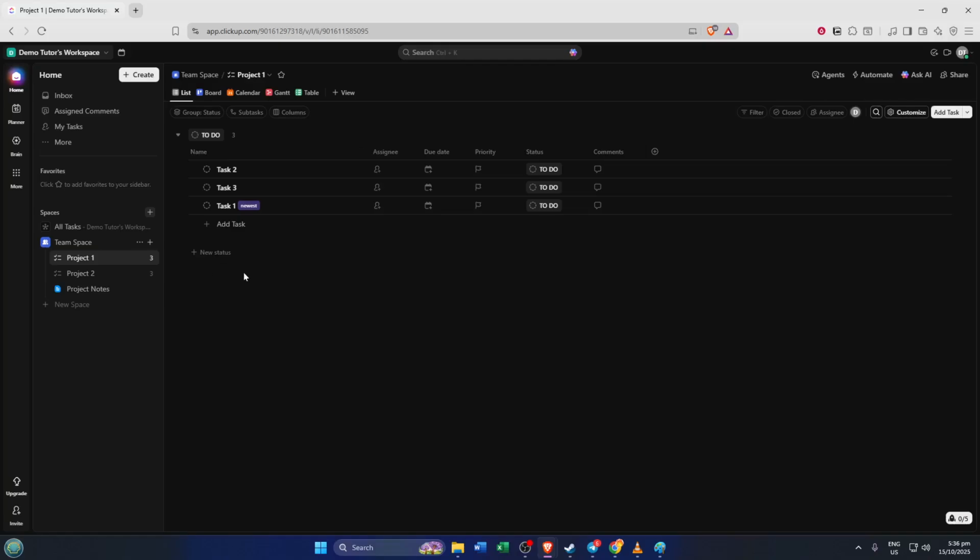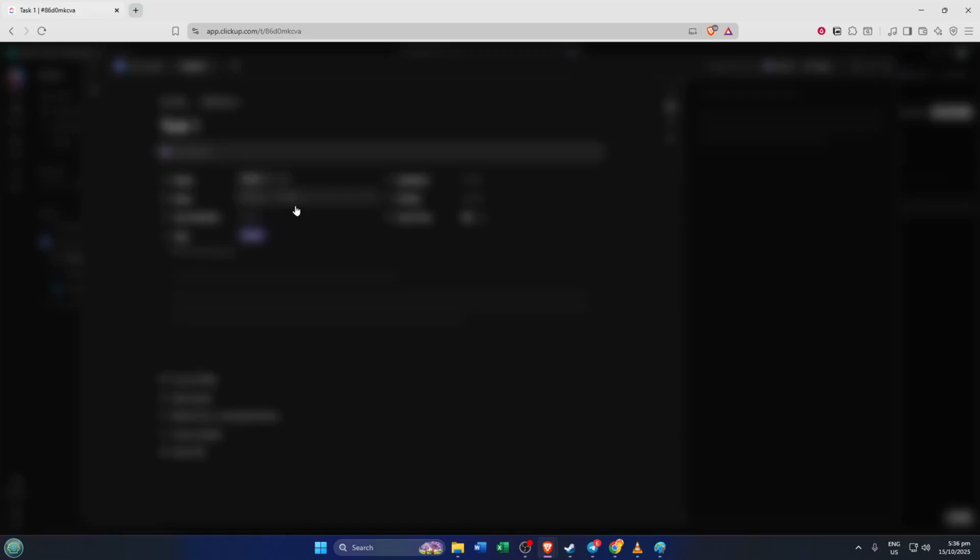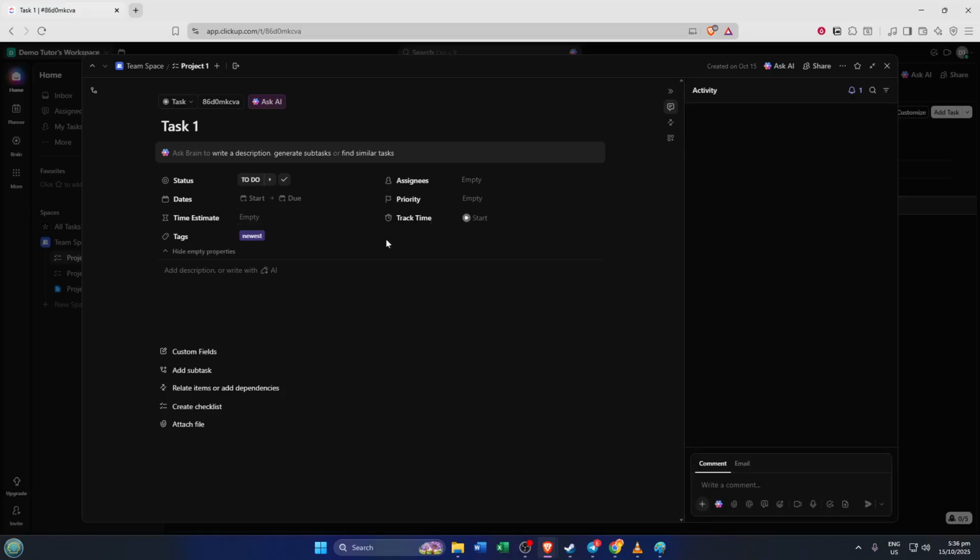Once you're in your workspace, the next thing is to select the task you're working on. Your tasks might be organized in a list, a board, or some other view, depending on how you've set things up. Take a moment to find the exact task you want to update. Sometimes it helps to use the search function or filters if you have a big project going. When you locate your task, go ahead and click on it to open up the task details. Now you're seeing all the info for that task, things like a description, subtasks, comments, and most importantly for today's